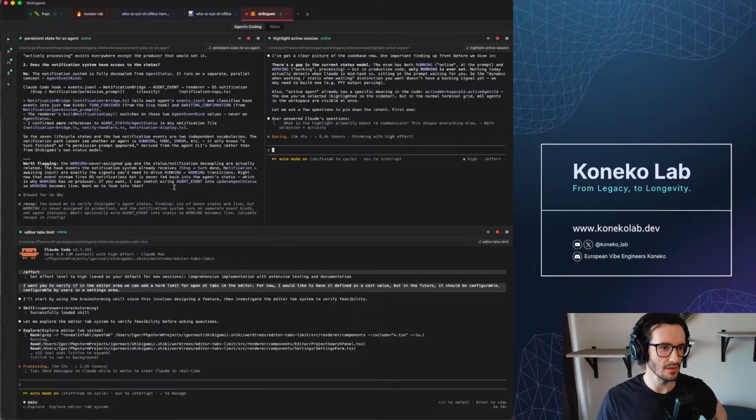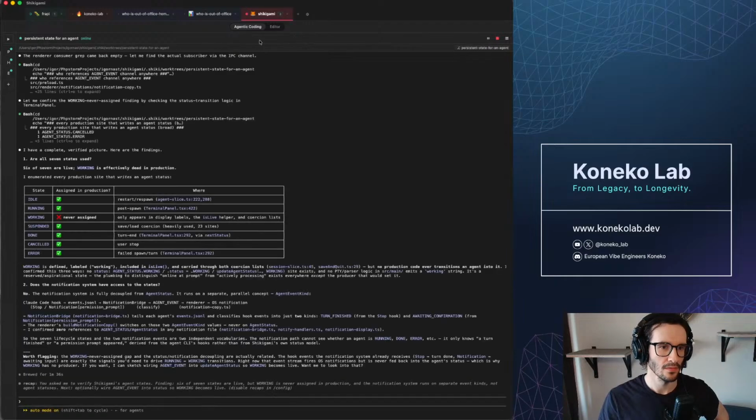Okay, and the persistent state. So it looks like the working state for an agent is not used at the moment, not in use.